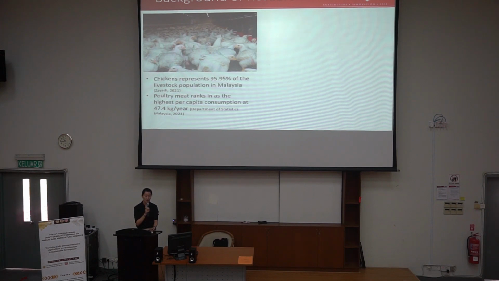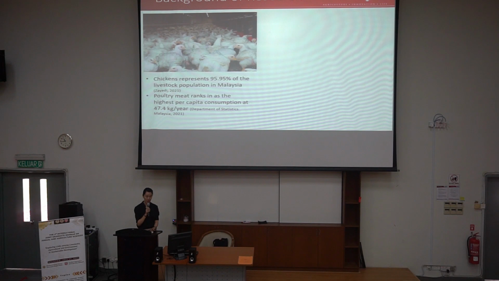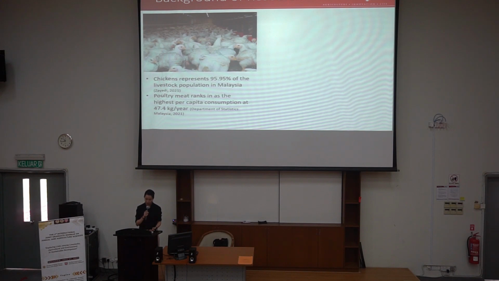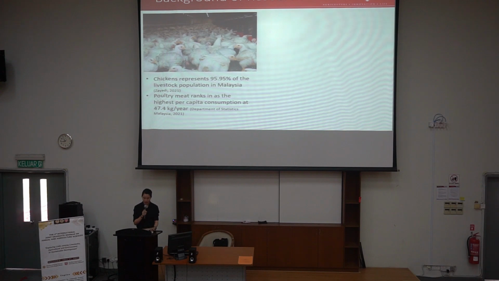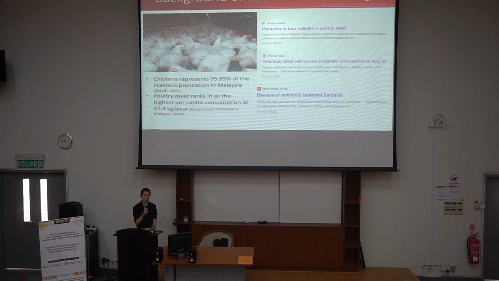This is because poultry meat ranks as the highest per capita consumption at 47.4 kg per year, according to the Department of Statistics Malaysia. In the poultry sector, antibiotics are usually included in the feed at lower dosages in comparison to therapeutic use, as a growth promoter. In the long run, this leads to antibiotic resistance, and to combat this, Malaysia has joined several other countries to ban the use of antibiotics in